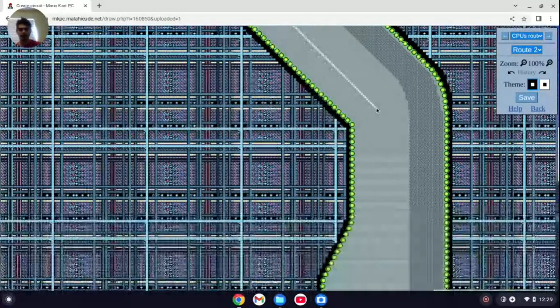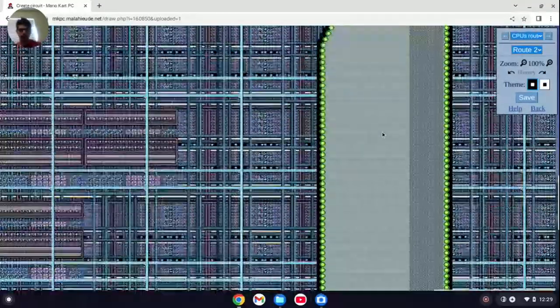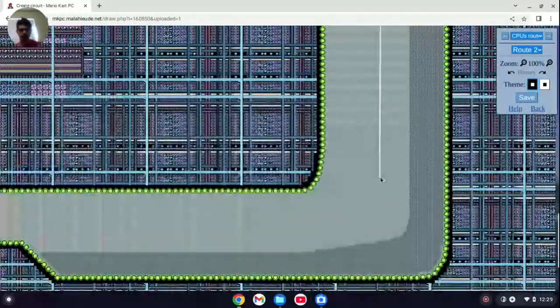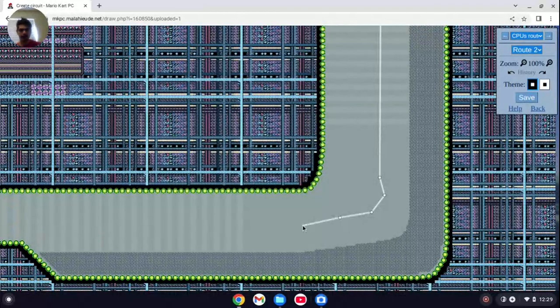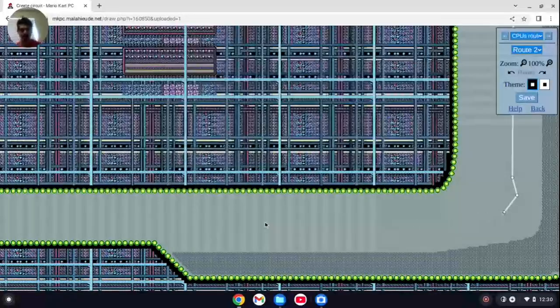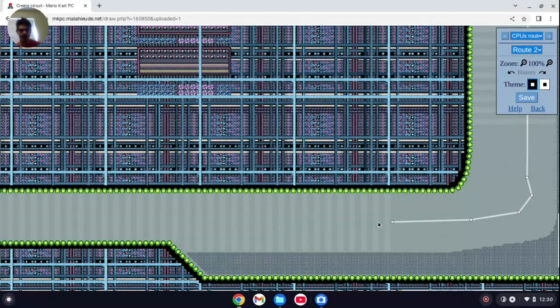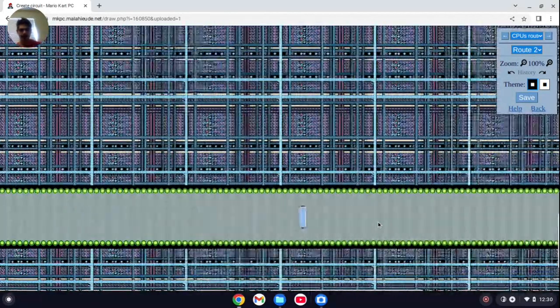And then we're going to click that right here, right there. And then we're going to click that, click that, click that. And that's perfect. That's a little odd. We're going to erase some of that and then create that, create that. There we go. That's a lot better. And we're going to move it up to